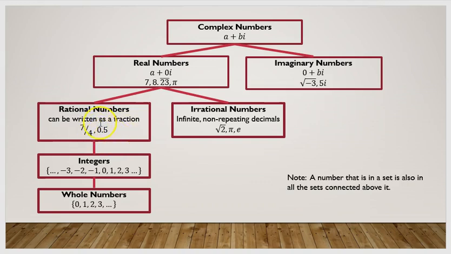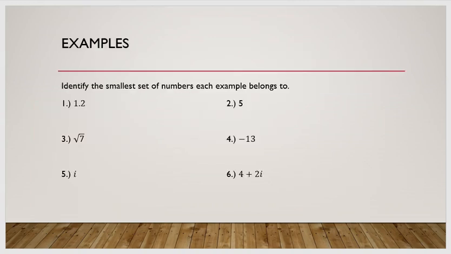Many decimals can be written as fractions. In fact, I'm going to show you how to write this decimal as a fraction. All you need to do is take the digits you see, ignore the decimal place, and write that number out. Then divide. If there's one number after the decimal place, divide by 10. If there were two numbers after the decimal place, you would divide by 100. If there were three numbers after the decimal, you would divide by 1,000. Basically, however many digits come after the decimal place, that's how many zeros you write. So no decimal on top, number of digits after the decimal, that's how many zeros on the bottom, and then